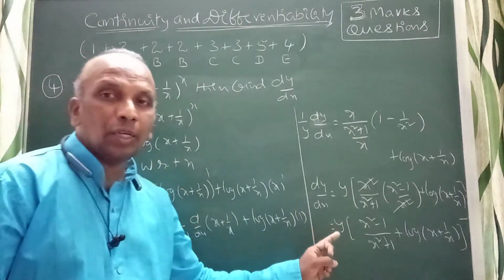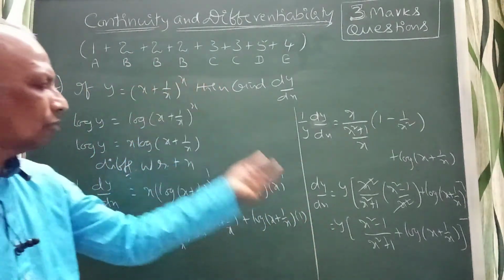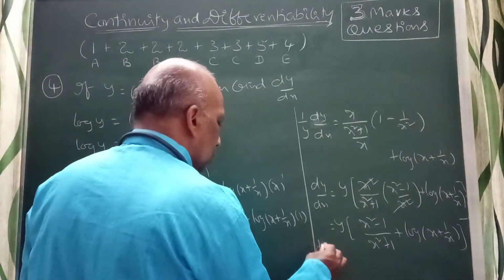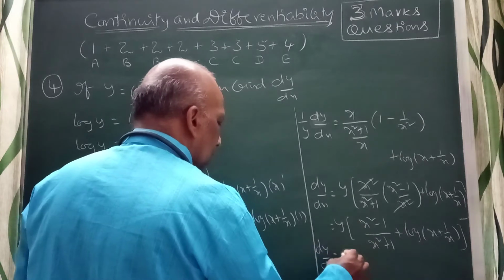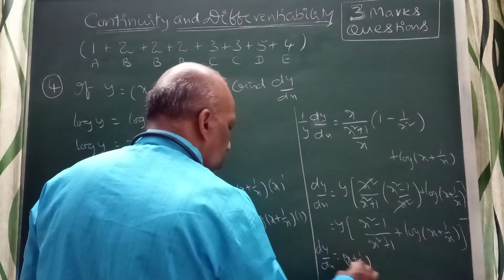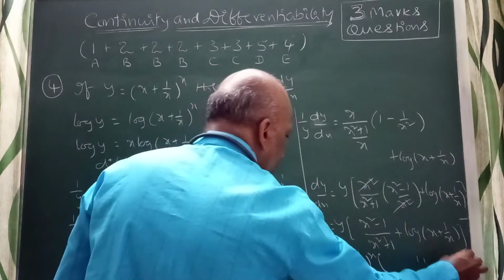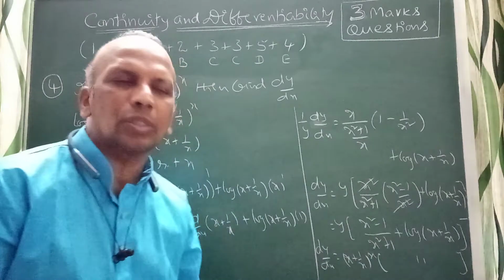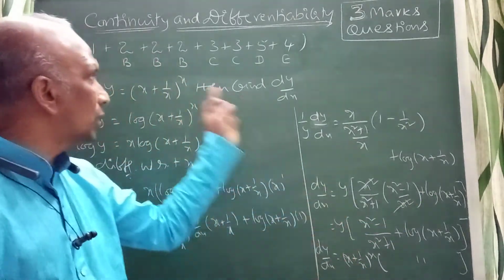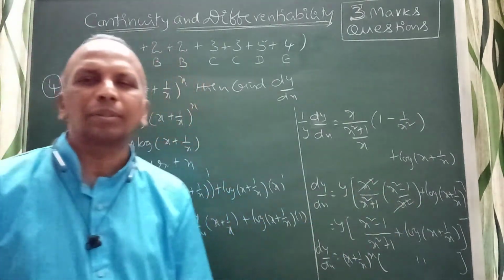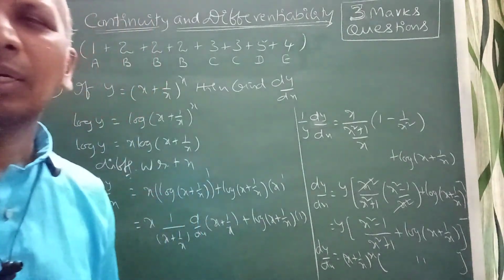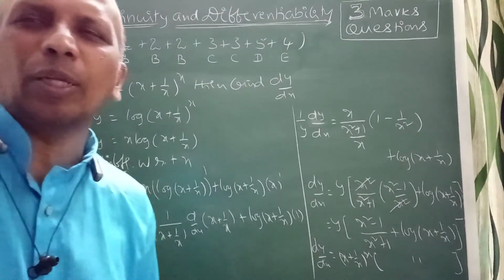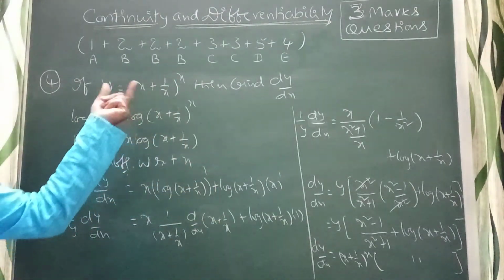Here what is y? You can replace this y. You can write dy by dx, where y means (x plus 1 by x) whole power x, into this bracket. Don't leave it like this with a semicolon; write the answer as it is. Replace y with this, or write y into it as you like. That will be your required answer, right? So the problem is, I will explain: this is a logarithmic differentiation. One more time I will explain the problem. Just go through this, they are given like this.